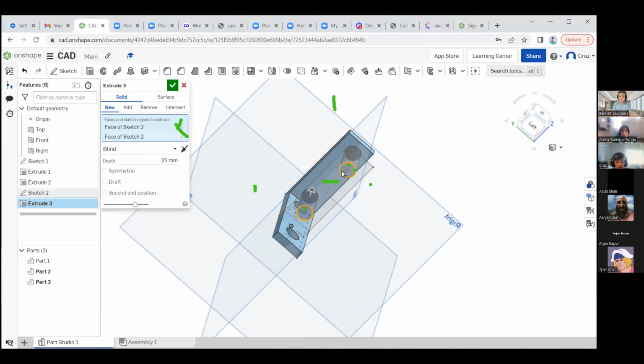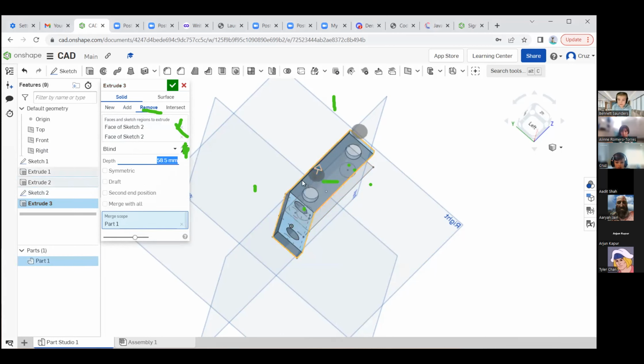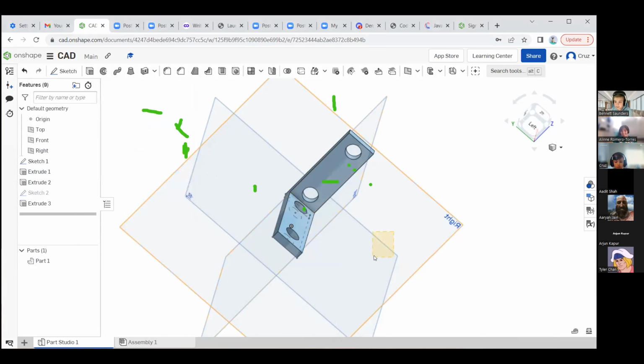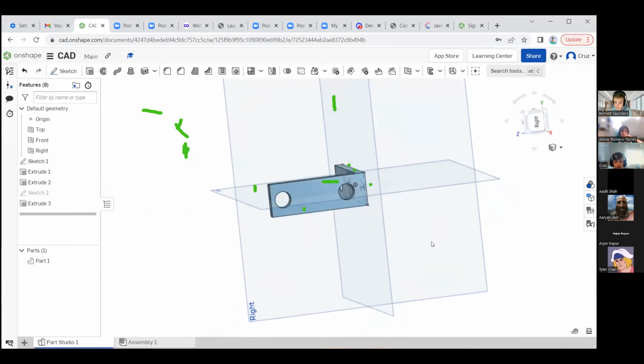And then put remove. Where it has this arrow, make it go the other way. So just click it. There you go. And now it makes the holes in the other one. And you can press the check mark now that you're done. And you'll have a bracket. That's pretty cool. Yeah, but I haven't gotten all of it because this is still